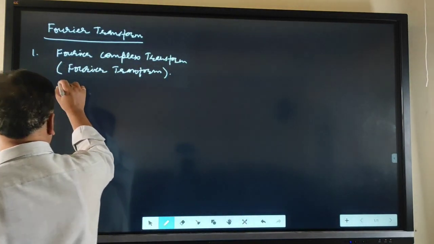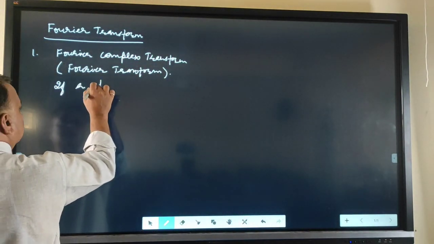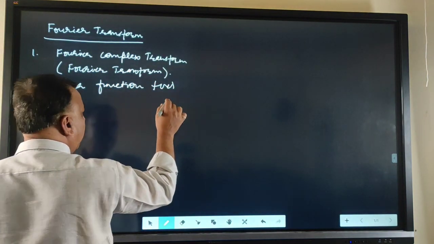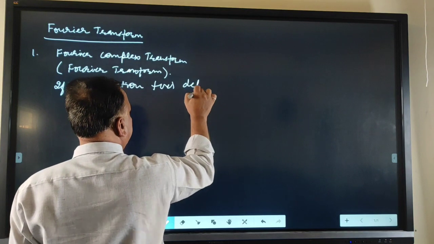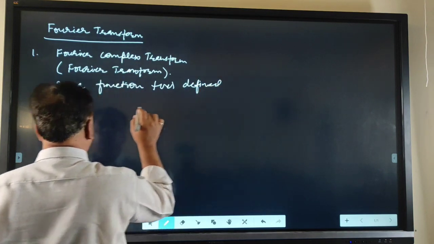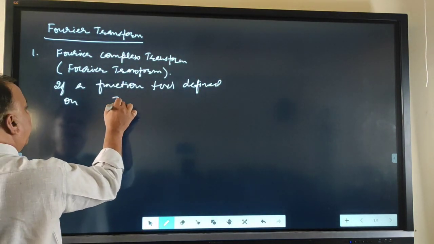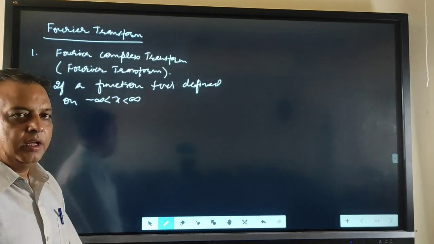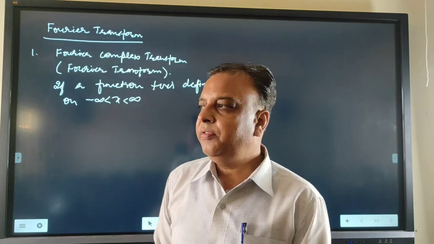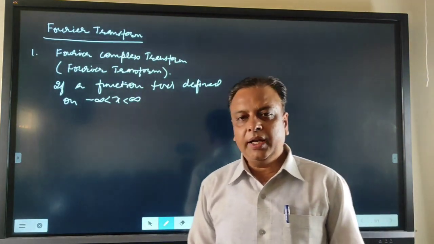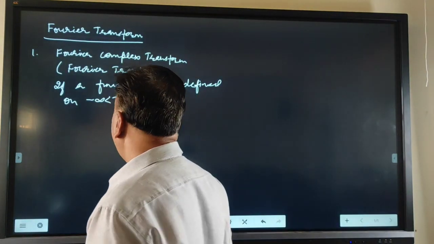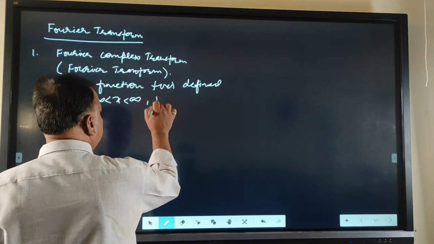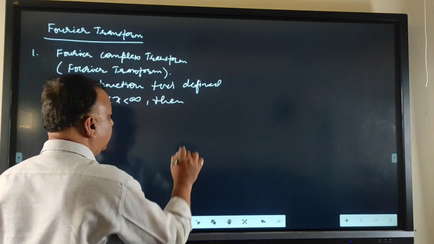If a function f(x) is defined on x which lies between minus infinity and plus infinity, then the Fourier transform